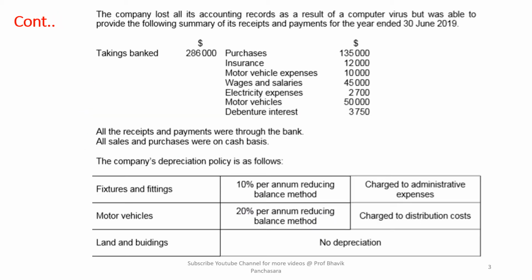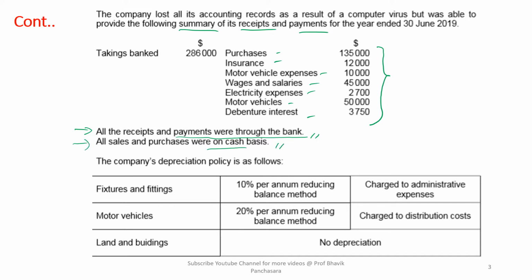Second part of this question shows the summary of receipts and payments during the year. This portion shows the summary of payments. These payments are for purchase, insurance, motor vehicle expense, wages, salaries, electricity expense, motor vehicles and debenture interest. Here information is given that all the receipts and payments were through bank only and all sales and purchases were